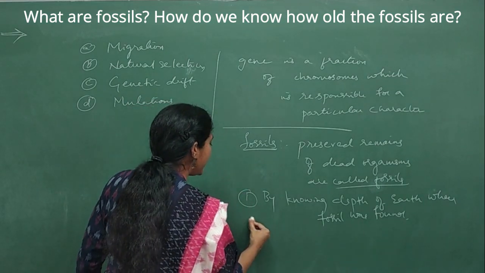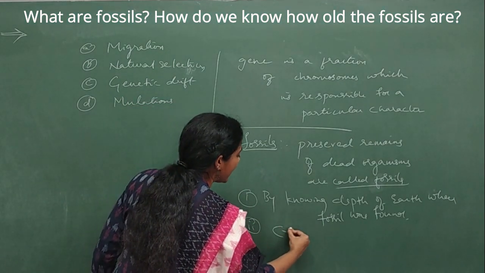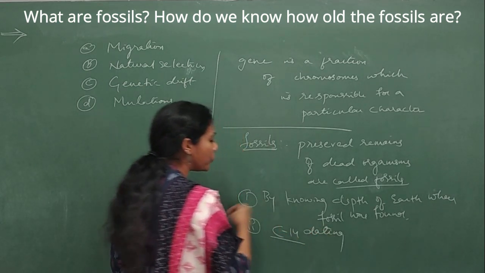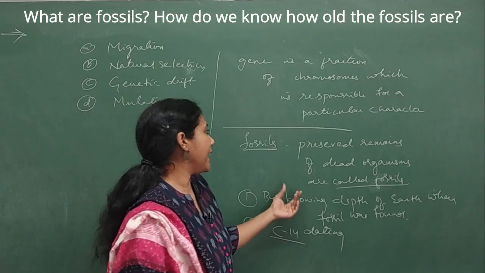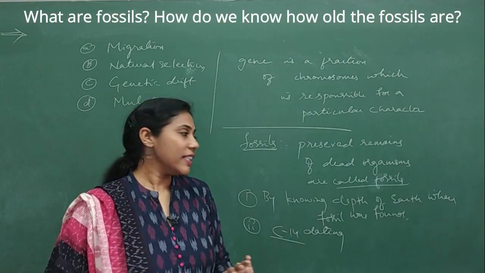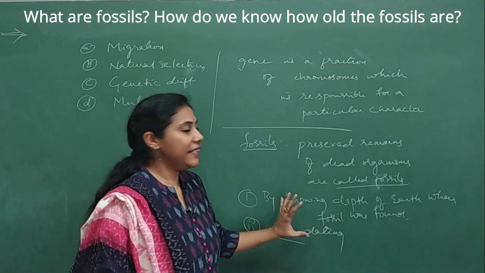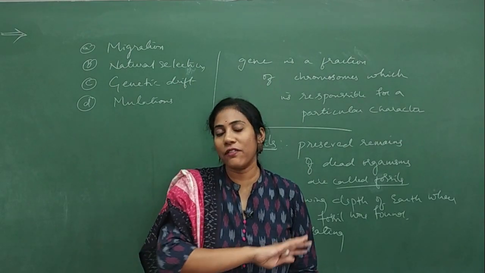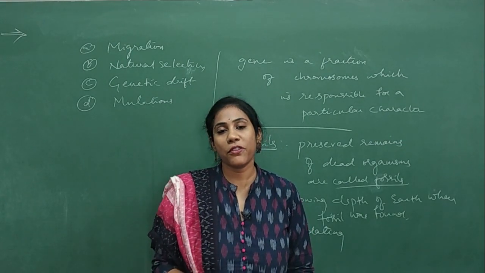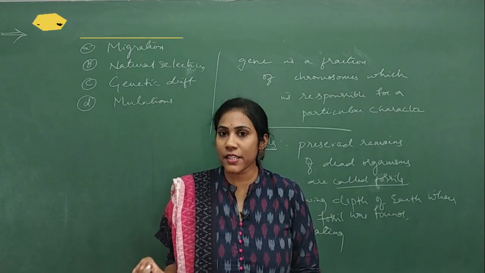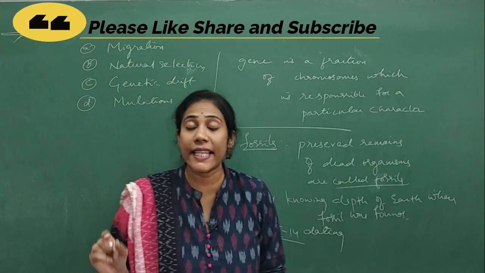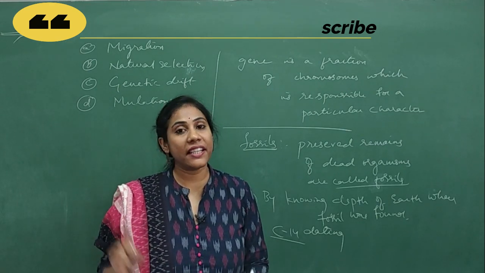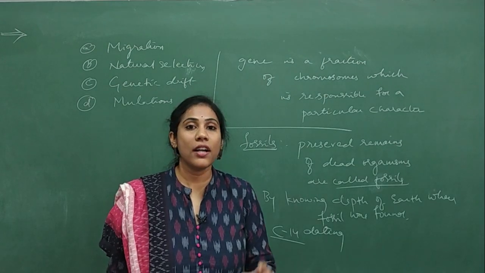And the second method is carbon dating. I can say carbon-14 dating. Say with the help of carbon-14 isotope, we can find the age of the fossils. So these are the two methods by which we can find the age of a fossil. So that's all about today's questions. Say I have covered all the important concepts from the chapter. So definitely from these questions, 1 or 2 questions you can expect for this year Karnataka 2021 examination. Clear everyone? So concentrate on the chapter.